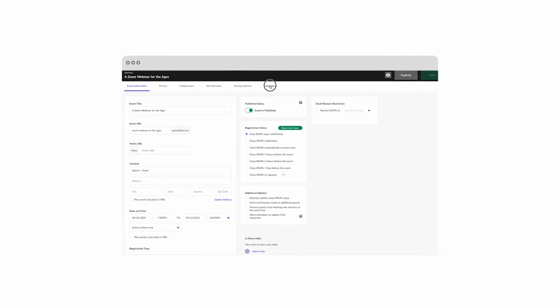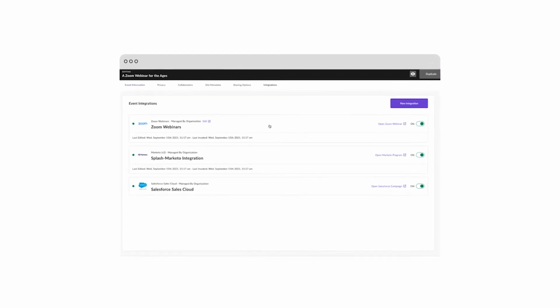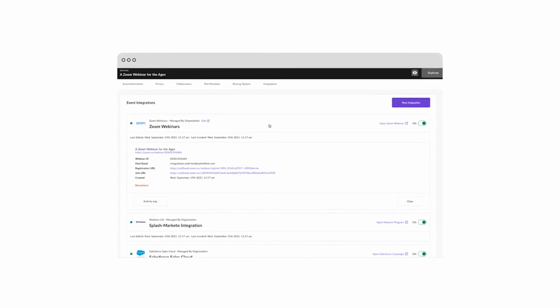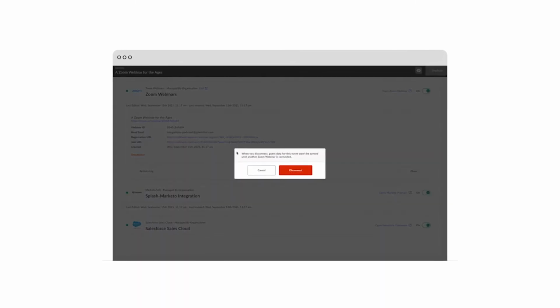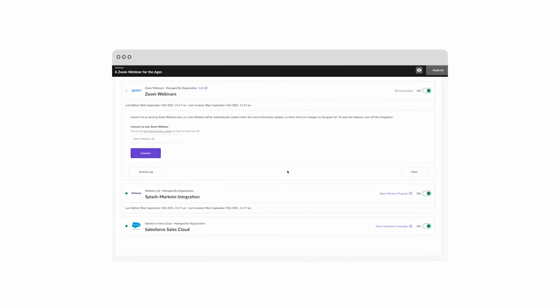But don't worry, if you need to make a change to the Zoom information within the virtual event page, you will be able to do so within the event level settings. Simply navigate to the integration settings within the event page to change the Zoom ID, add a password, or even disable the integration altogether. Anyone with the event organizer role or higher will automatically receive the new permissions to update